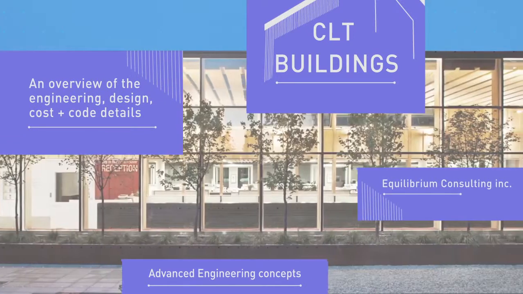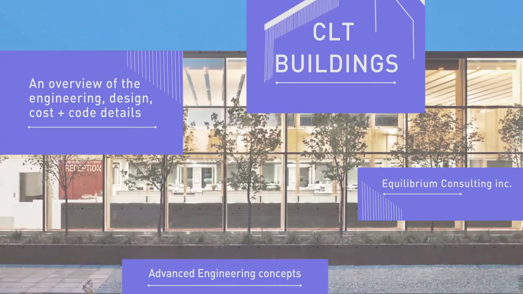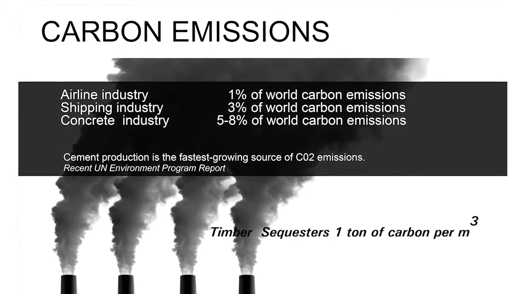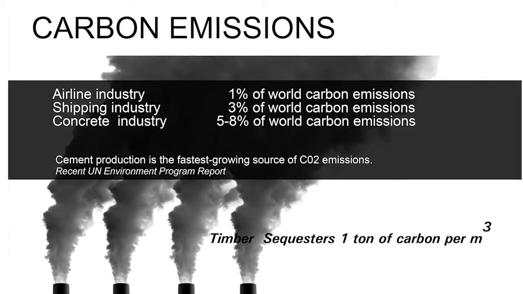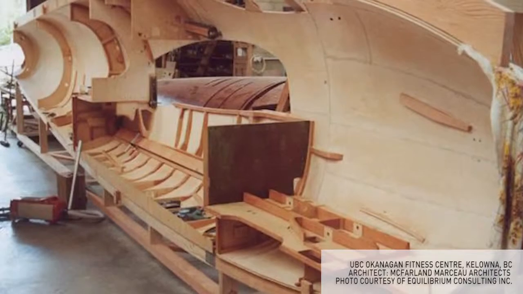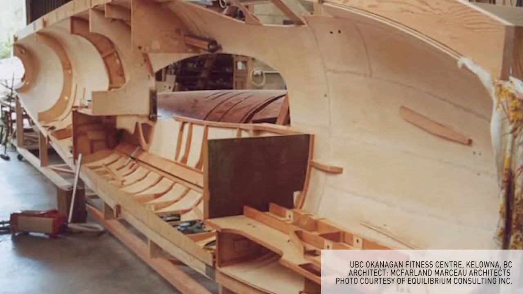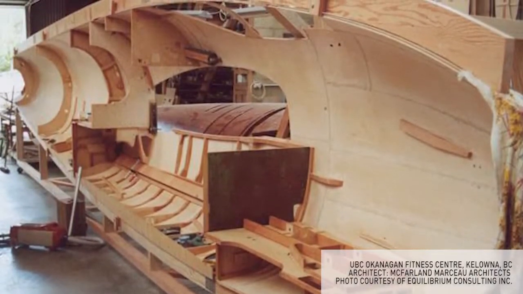There's a lot of discussion today about the environmental impact of what we do in all aspects of life. There was a study done by the UN that shows that the airline industry contributes about 1% of the overall global carbon footprint, and concrete between 5 and 8%. So building with mass timber or solid wood construction is certainly one very effective solution to help curb this increase